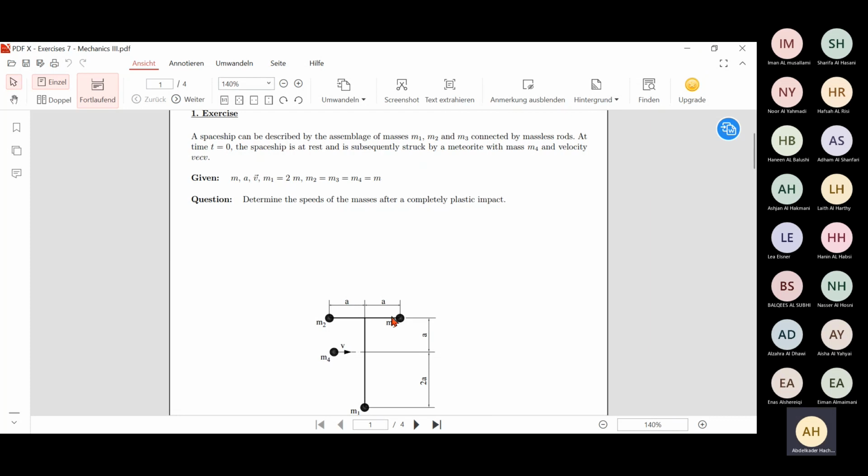These masses are connected by massless rods. At time t equal to 0, the space shape is at rest and is